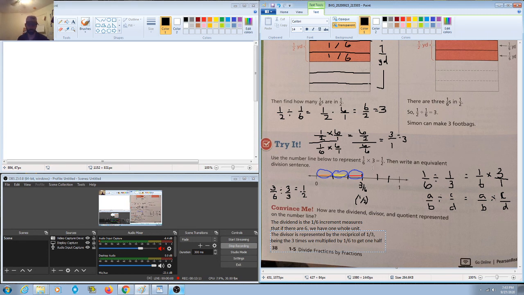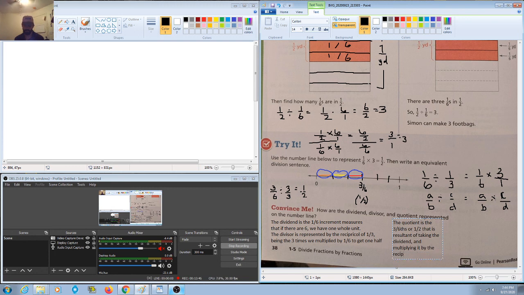So the reciprocal of 3 is that 1/3, which is being represented by 3 being multiplied by 1/6. Okay? And then the quotient is the 3/6 or 1/2 that is resultant of taking the dividend and multiplying it by